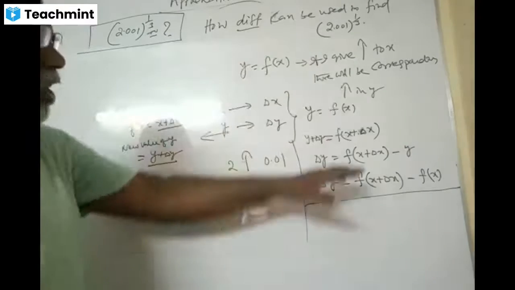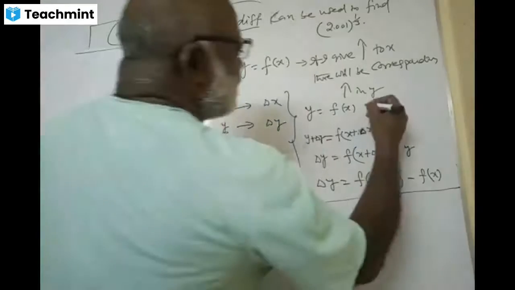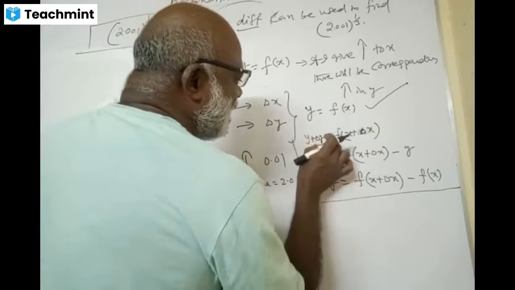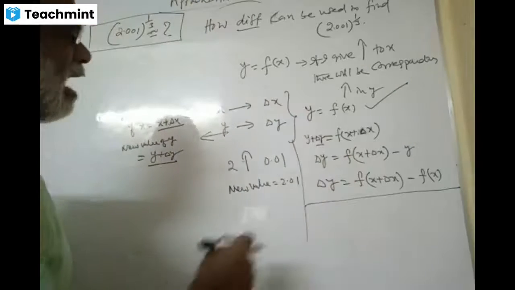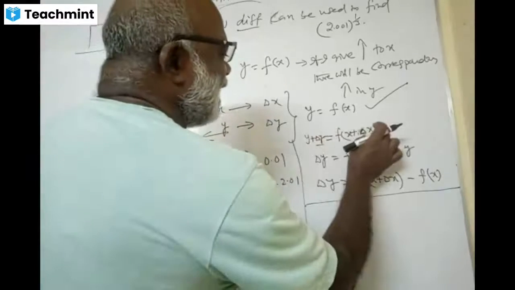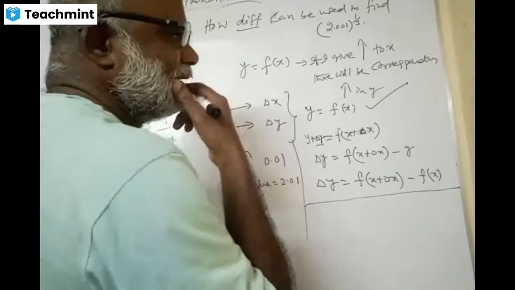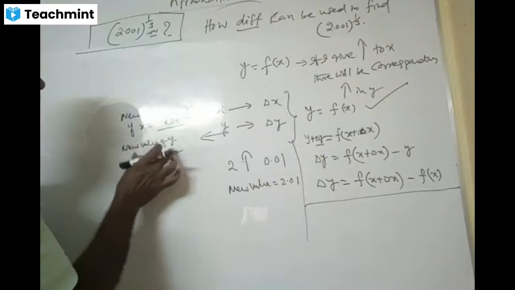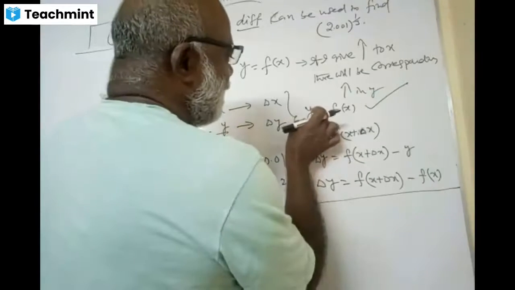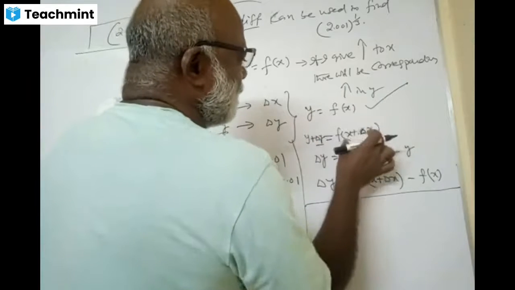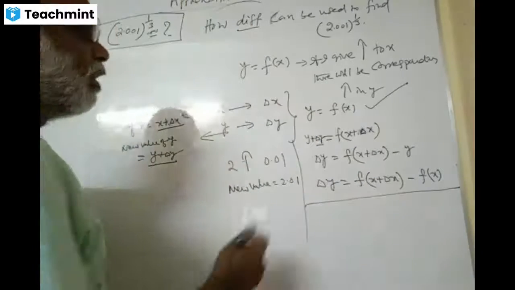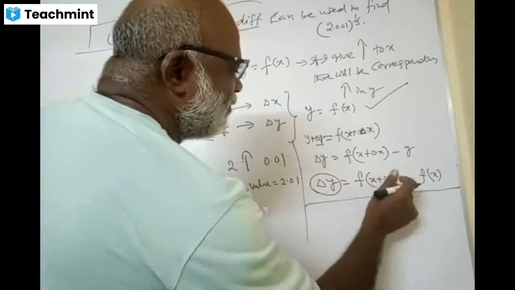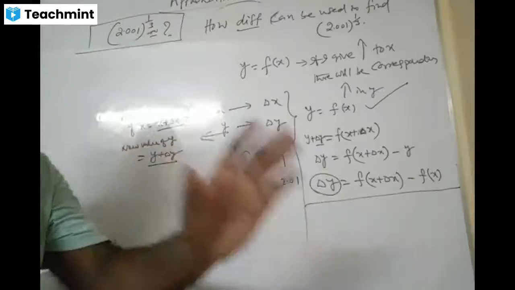Right now. So, see this here. This is my original function now. I gave an increment to y. This delta y is the increment in y now. Delta y is the increment in y, and delta x is the increment in the x. Therefore, x has transformed into x plus delta x and y has transformed into y plus delta y. See this, y has become now this and f of x has become f of x plus delta x. So, what is the change in y now? The change in y is nothing but f of x plus delta x minus f of x.